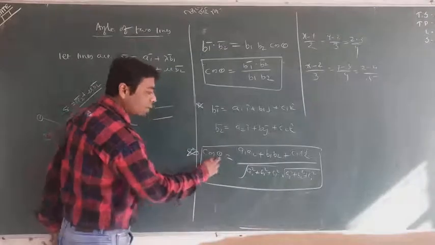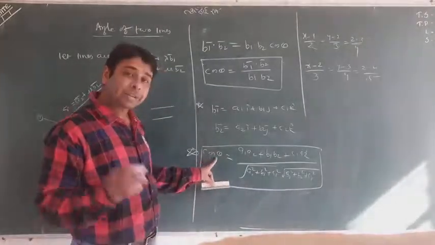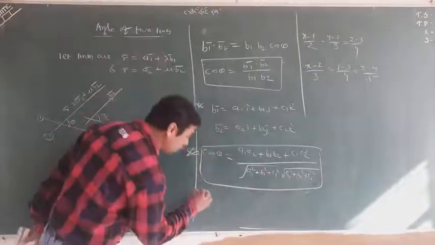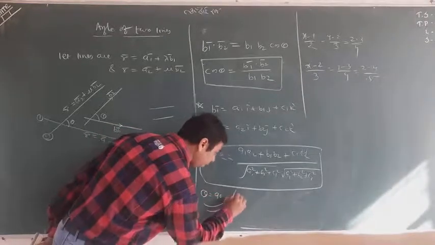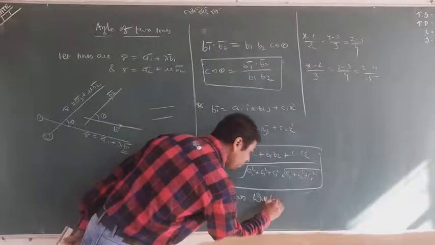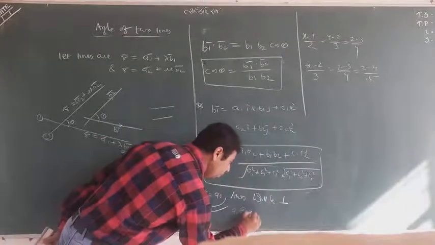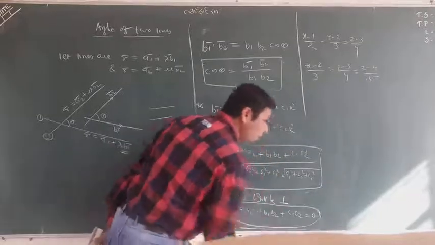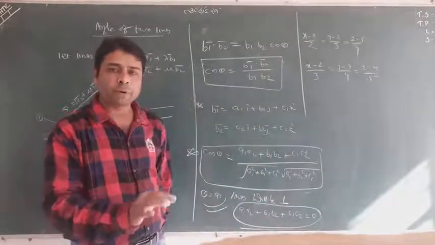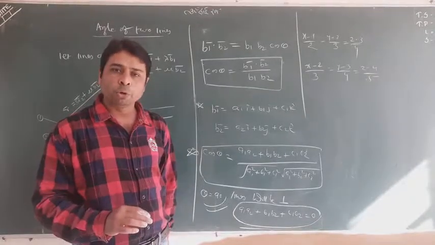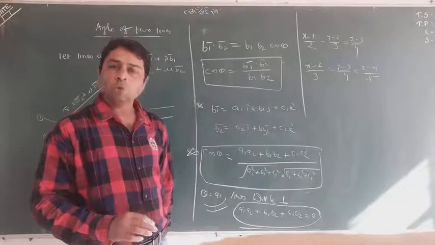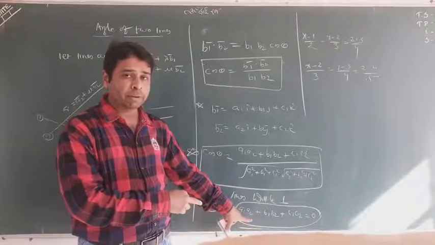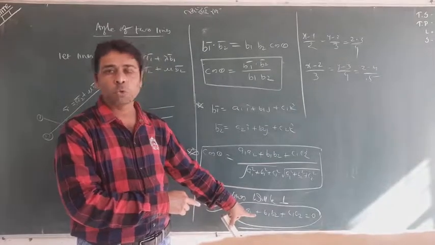And again you can see, when theta equals 90, what will happen? Cos 90 will be 0. This whole thing transforms to 0. What remains? A1 A2 plus B1 B2 plus C1 C2 is equal to 0. That is very important. When theta is equal to 90, lines will be perpendicular. This is a phenomenal formula, one of the best formulas ever. We will use it a lot in further questions of the exercises as well as examples. So remember this: when two lines are perpendicular, their ratios have a relationship like A1 A2 plus B1 B2 plus C1 C2 is equal to 0. Don't forget that formula.